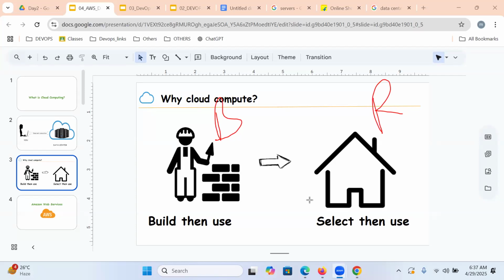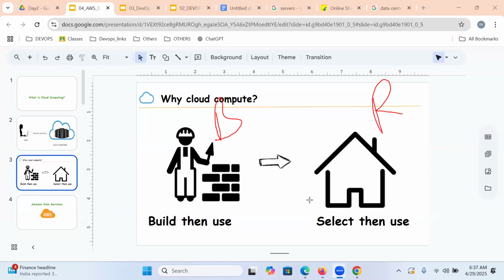It's the same way. If you want to buy a car, you need to maintain it on your own: driver license, pollution check. You need an upfront amount, 10 lakhs, 15 lakhs rupees. These are all a burden and a headache for you. But just book an Ola cab, get into the car within 10 minutes, reach your railway station, and pay whatever tariff. No need to worry about driving license, driver, maintenance, pollution check, or upfront amount. Whatever tariff, 500 rupees, we need to pay. No need to maintain the car also.